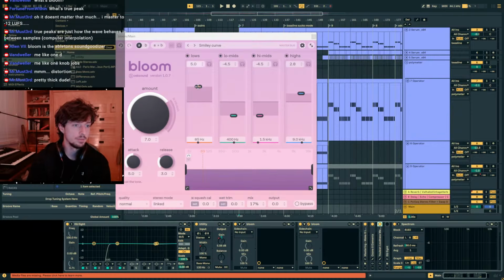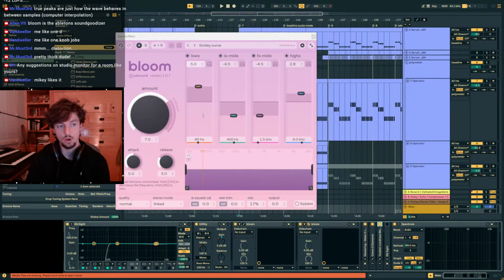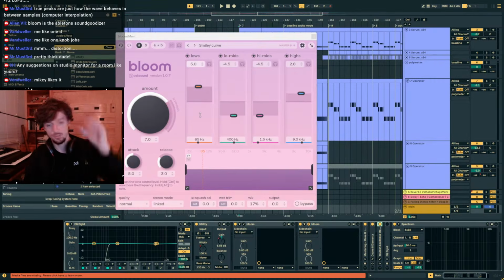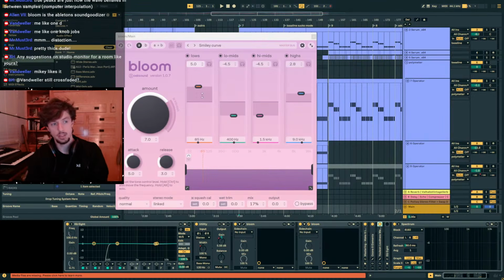You can automate this lows band really easily, and it's reactive and will compress and set the sub in a way where it tends to keep it concentrated at a certain level. So if I'm working with someone's song and it's peaking at 0 dB and then it's playing at -10 dB at another point or whatever, I can just automate this up and down,